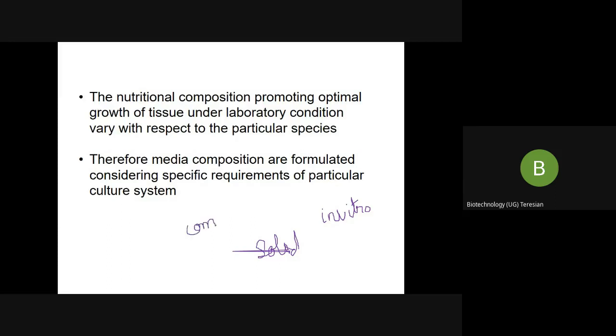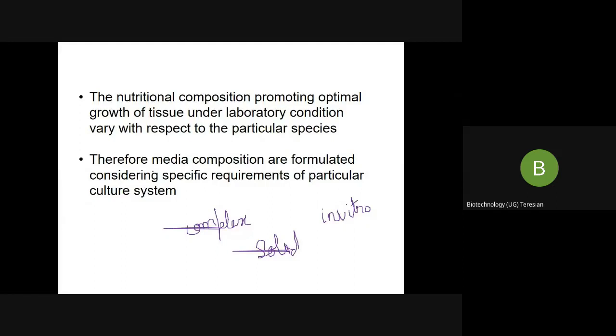media. So it is up to us, the researchers, to find out what type of media is required for my plant. Media in the sense, what type of nutrition I have to provide. Should I provide a solid media for it to grow, or a semi-solid media, or liquid media, or a complex media, or simple media? This should be done by the researchers doing plant tissue culture by a trial and error